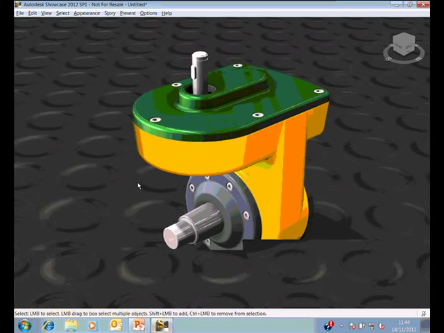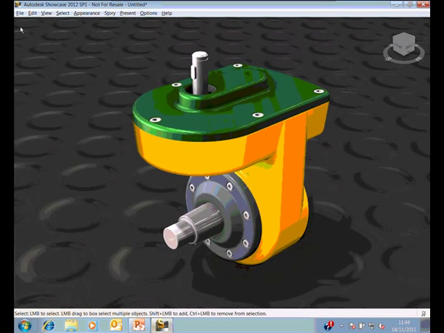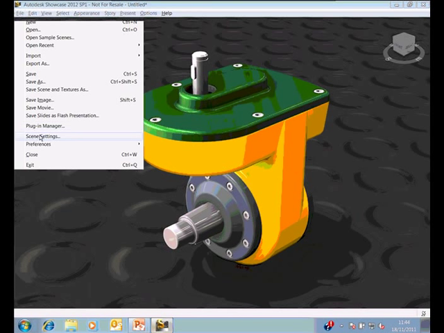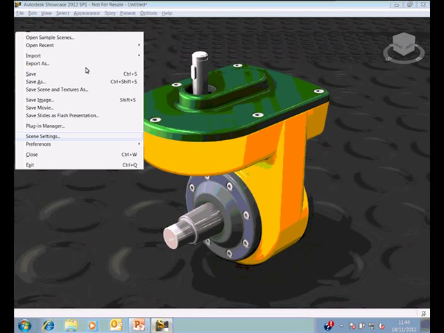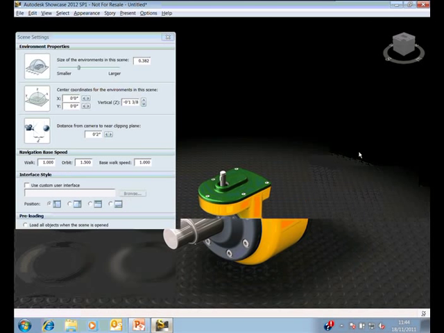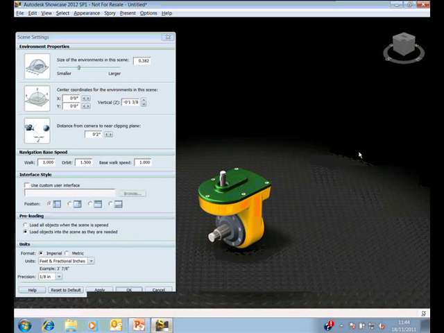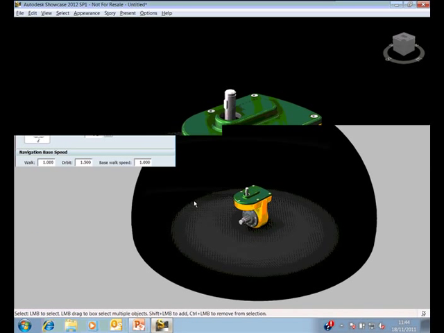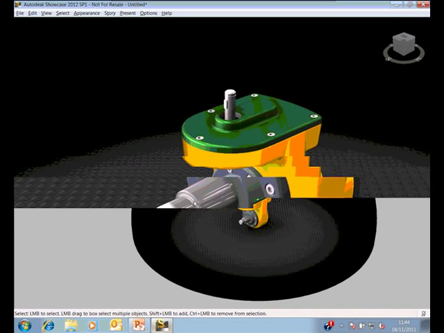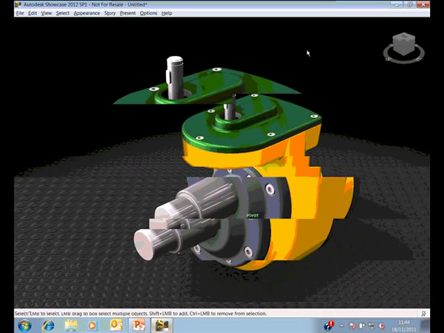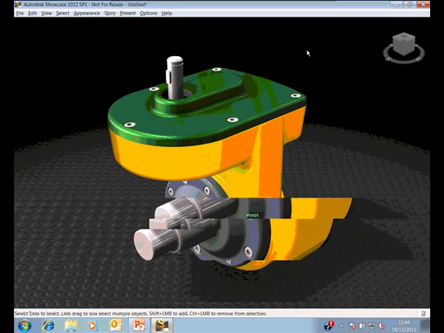But I would like to change the size of the backdrop in relationship to my model, so now I can go to my File pull-down menu and Scene Settings and change the environment to a little bit smaller in relationship to the model. So if we just zoom out, with this slider I can change the environment size in relationship to my model, and as you can see, the floor has changed size, and it gives us a much more manageable scene to work with. We'll work with other environments later on, but I really want to get on to some more work with the